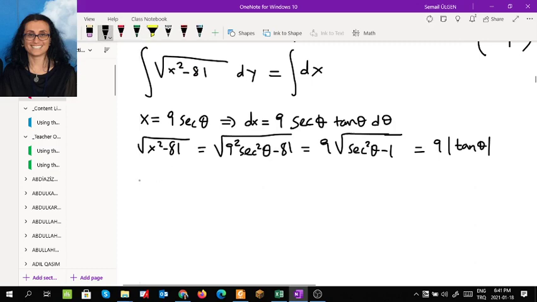Okay, we are going to put things in. I am going to call this integral I. Okay, I is equal to the integral of 9 tan theta, absolute value of that, and